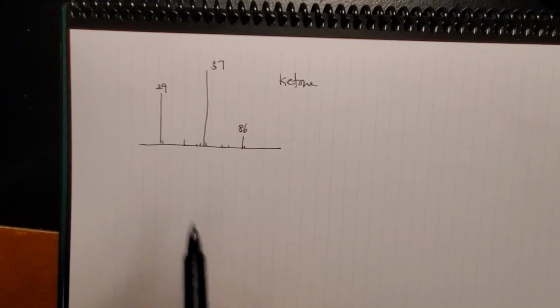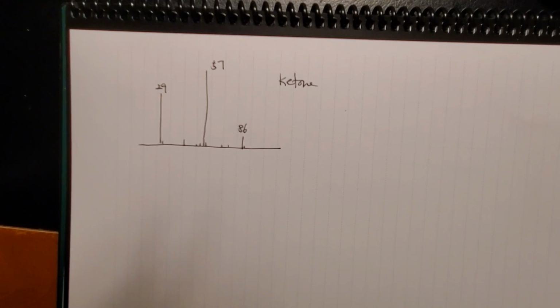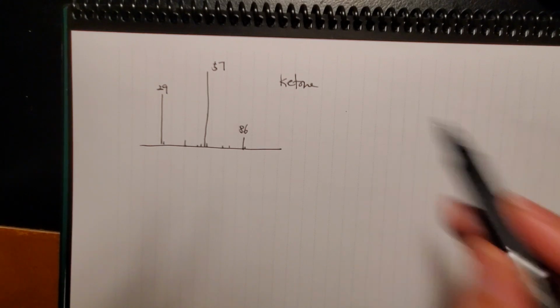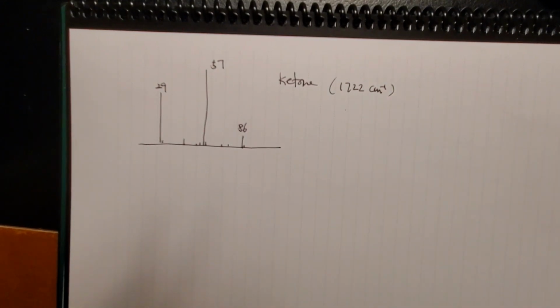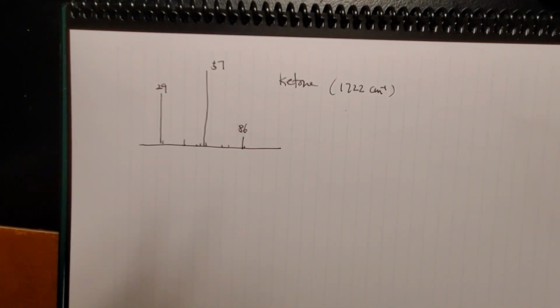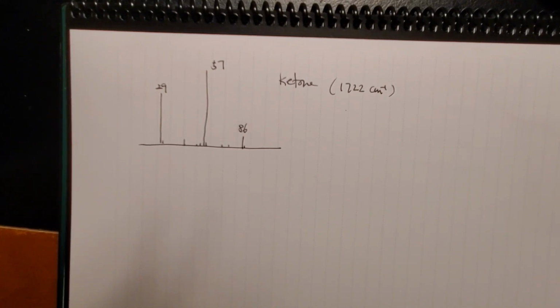Okay, take a look at this mass spec, and they're telling you this is a ketone. They can just say this is a ketone, or they can say there is IR absorption at 1722 reciprocal centimeters or something like that. They can say that instead. After you learn NMR, they can give you information of NMR. Carbon 13, they found 185 ppm, something like that. So there are a number of ways of giving you a hint that this is a ketone. Anyway,